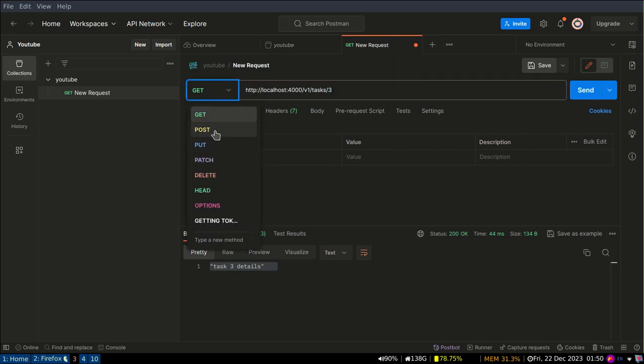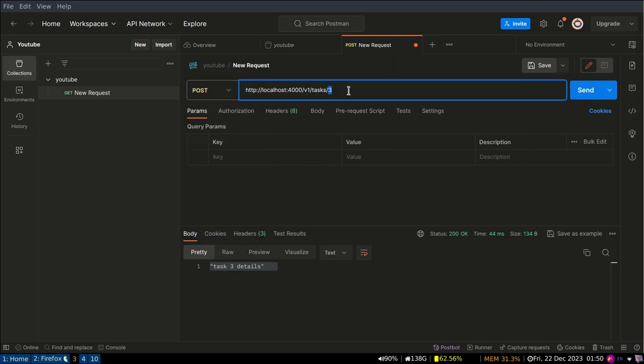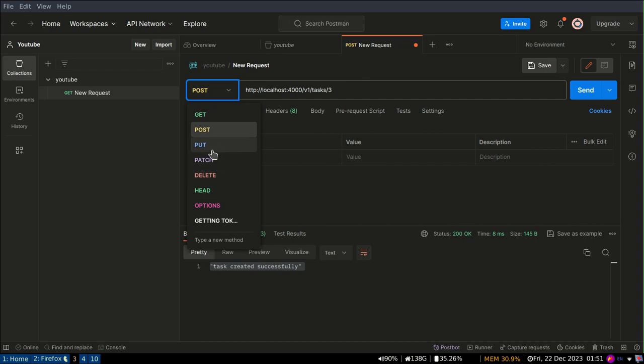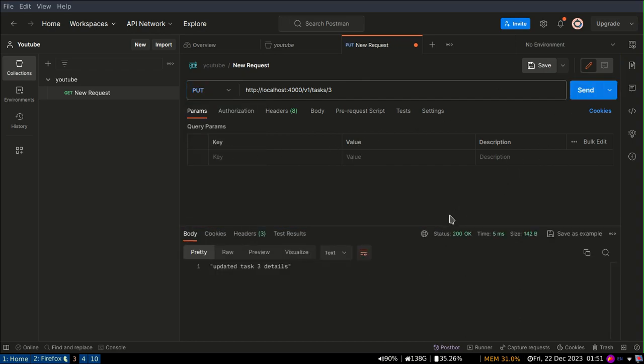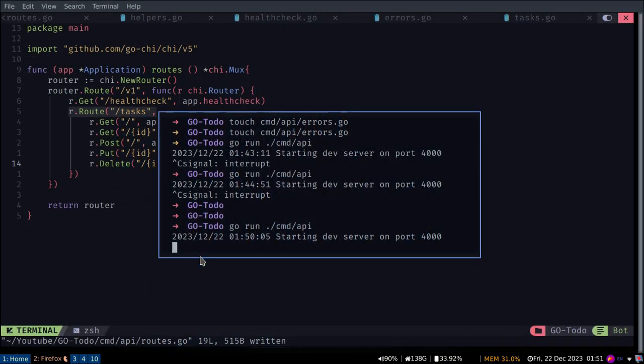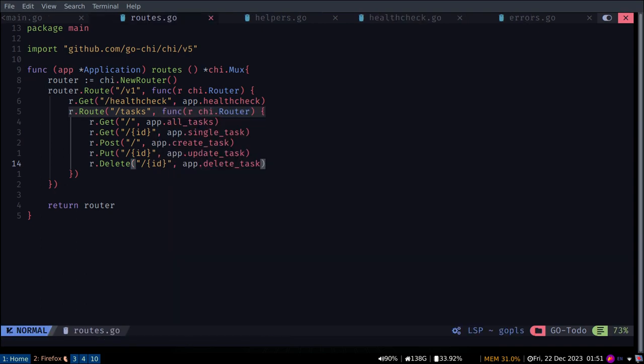So we're going to try out post, creating, and we have no parameter there. So task has been created successfully. We are going to try to update task 3 details, and we're going to do a delete. We have deleted successfully. So up to now we already have a rough idea and a skeleton for what we